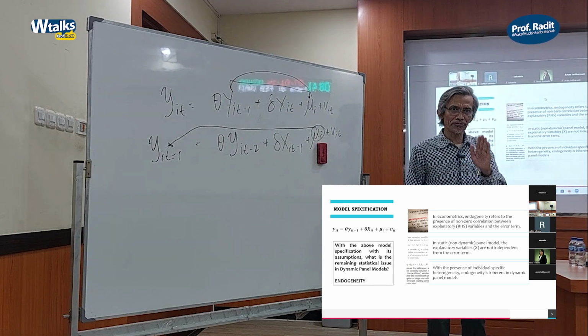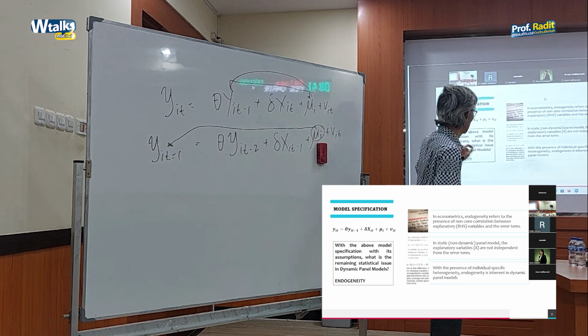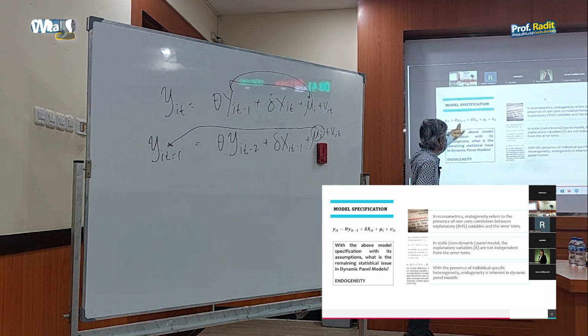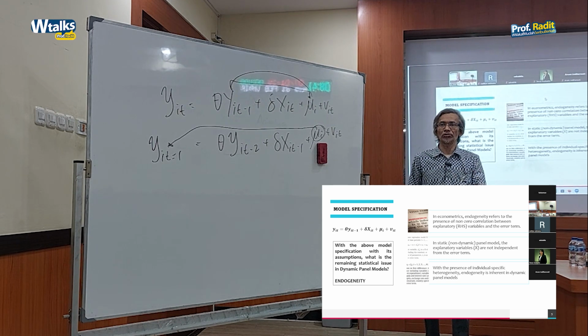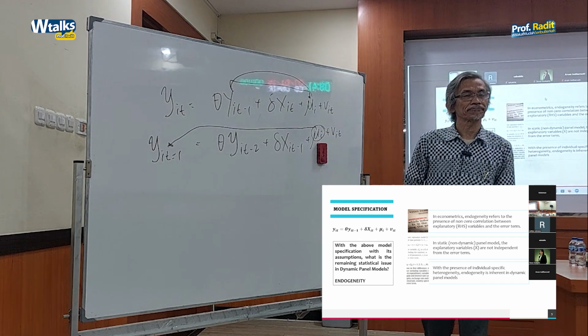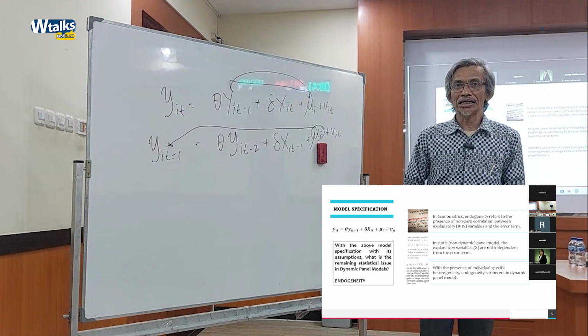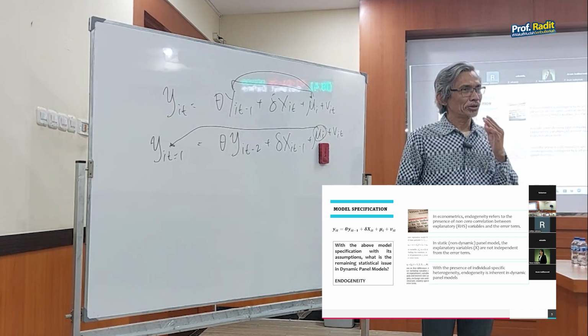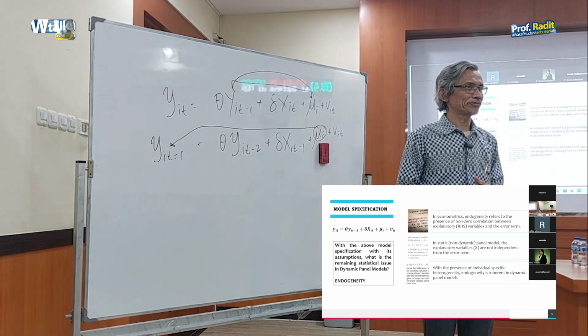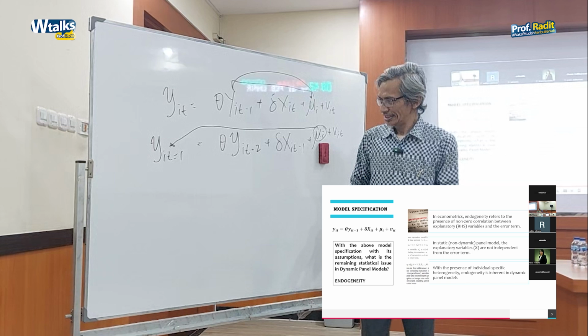When you have dynamic panel models, remember endogeneity comes from y it minus 1 and this. They are correlated. Right? So what would be the problem of these correlations? If I ask you for examples, when you do traditional panel models, without